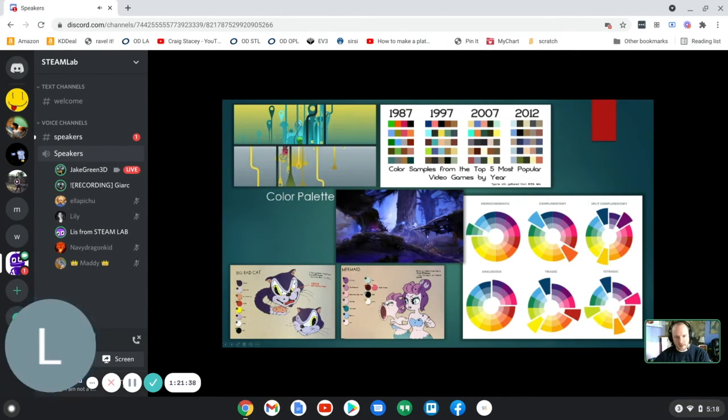Because the color can change throughout the game. But like this picture of Ori and the Blind Forest, what color palette do you think that would be? Which of these 6 kinds of color palettes do you think that would be? The analogous, or however you say that one. Yes. So this is almost certainly an analogous color scheme, where it has the purples, the blues, the pinks